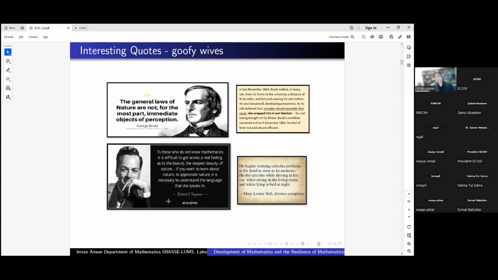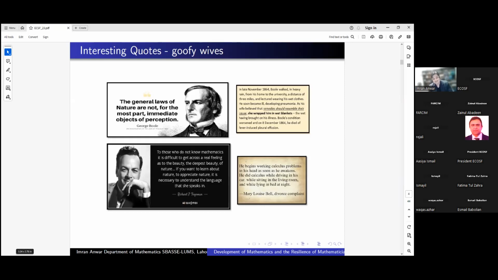And according to Richard Feynman, to those who do not know mathematics, it is difficult to get across a real feeling as to the beauty, the deepest beauty of nature. If you want to learn about nature, to appreciate nature, it is necessary to understand the language that she speaks in. Okay, these are the two important quotations highlighting the role of mathematics, but their wives were not so happy with them. First we talk about the wife of Richard Feynman, who filed a divorce complaint against him,